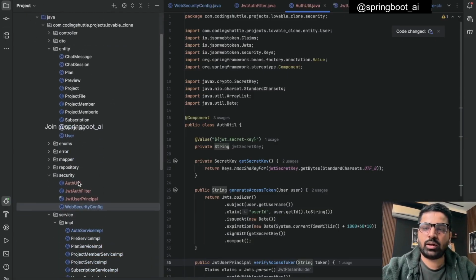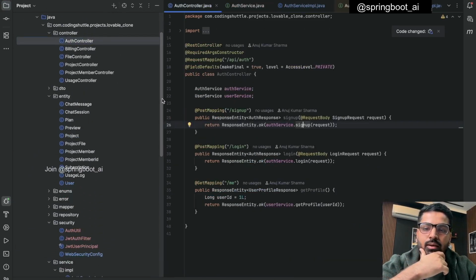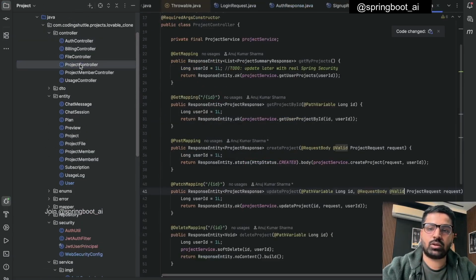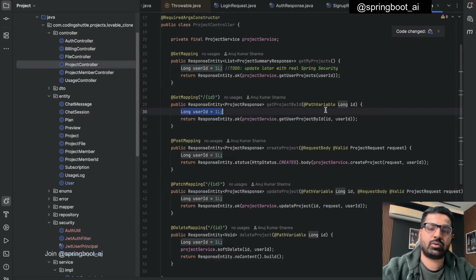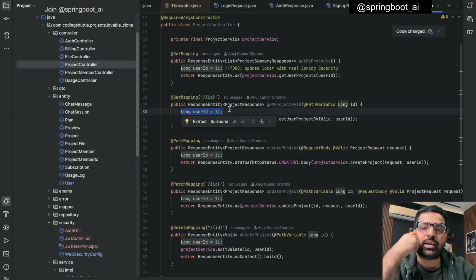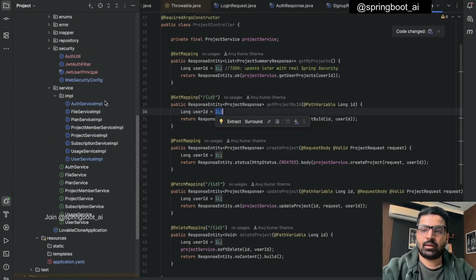update our code a little bit. For example, right now our code is not that good. If you see, for example, if I do a project controller, you see I'm doing a long user ID equals to 1 here. So basically we are passing user ID like this, but now what we can do is we can simply, maybe in my auth util only,